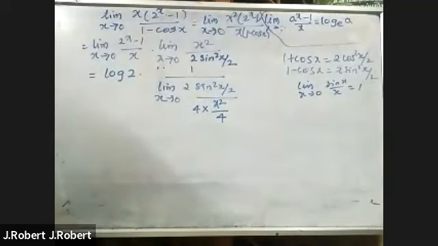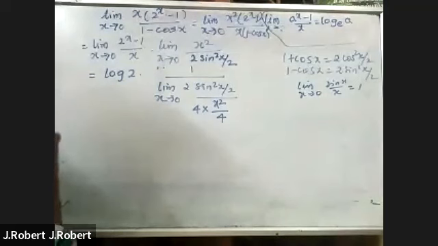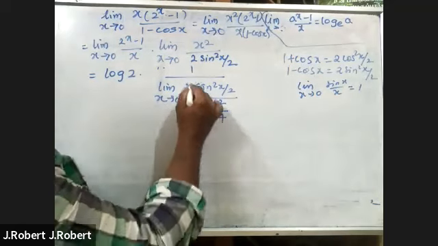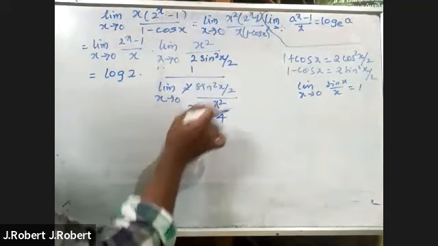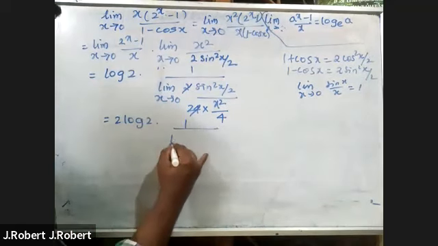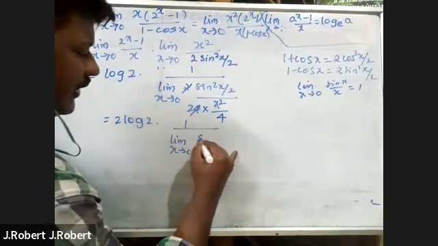So what happens is, we have 2 and 2 cancel out, this 2 goes up. We get log 2 times 1 divided by limit x tends to 0 of